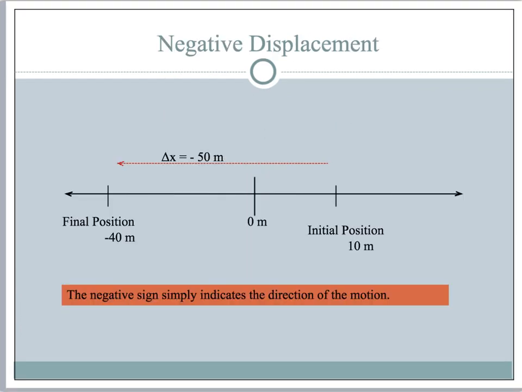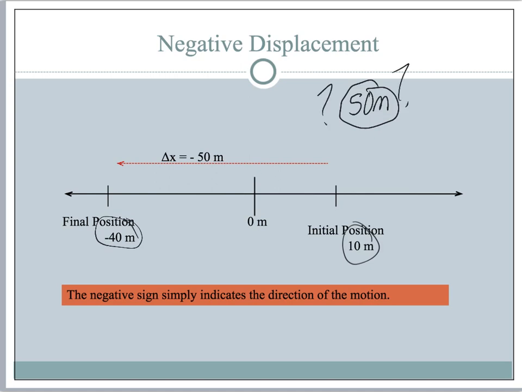So let's look at a really easy problem. At least I think it's pretty straightforward. If you have an initial position of 10 and you have a final position of 40, most of you probably could look at this and say, the displacement's going to be negative 50 meters. Now, if I said that the displacement is 50 meters, if I just wrote 50 meters, then all I've given is a magnitude, and that does not count as a vector quantity. If you're going to call this a displacement, you need a direction on that 50 meters.